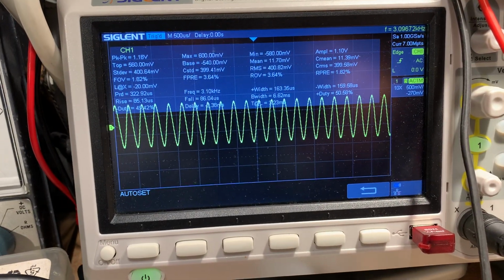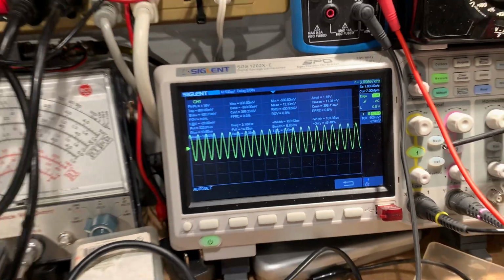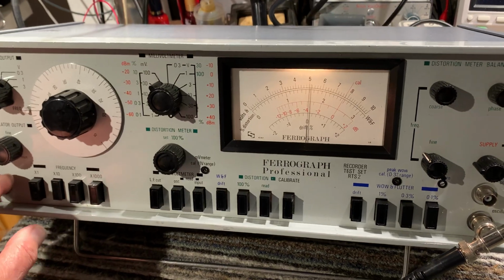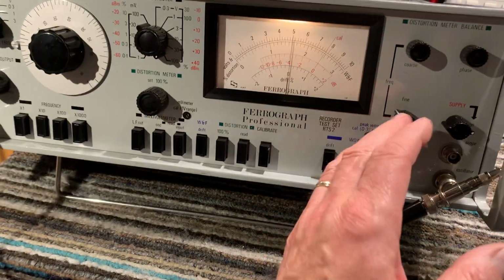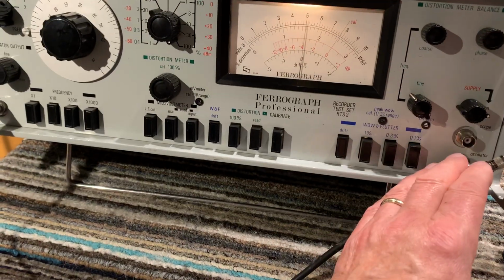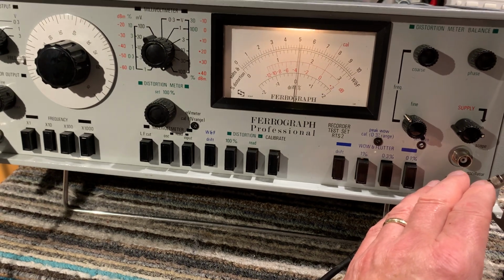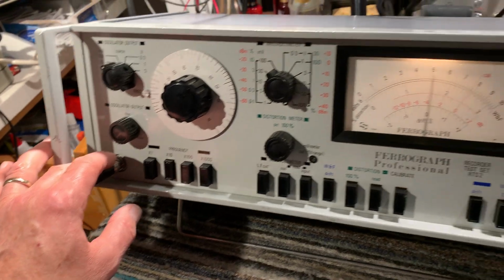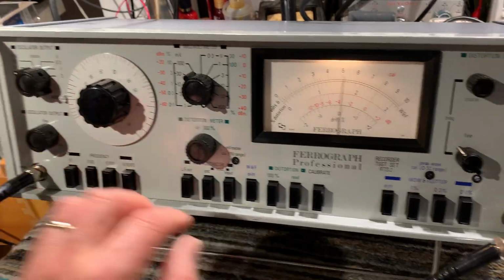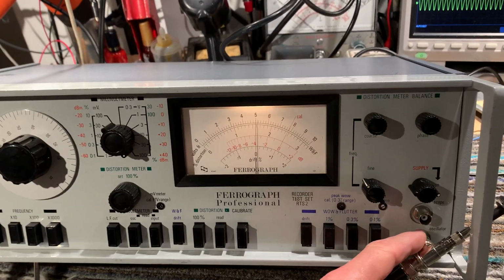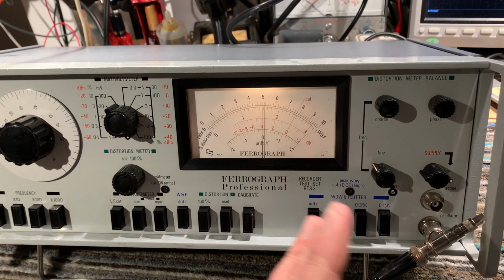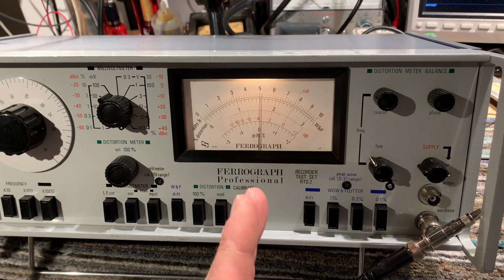Top right hand corner there, 3.0967 kilohertz, and it compares that with the input frequency here. So basically what you do is you do this on a tape recorder, you make a tape using the 3.1 kilohertz signal, then you play it back into the input here, and it would compare the playback signal with the fixed 3.1 kilohertz signal. So any drift or wow and flutter from that fixed frequency would show up on the